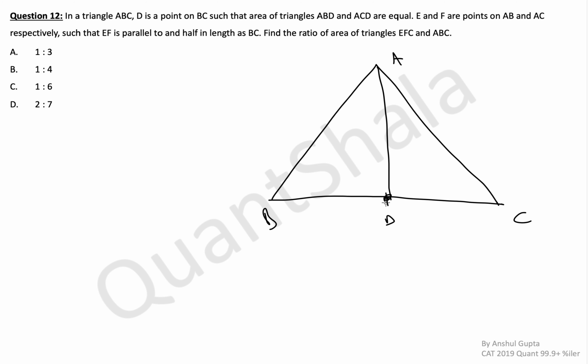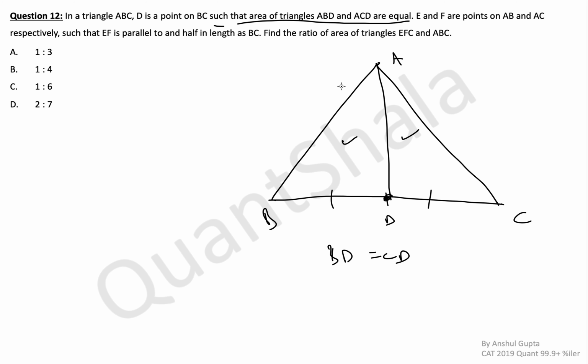Oh, they're trying to give us a hint by the question. Okay, these areas are equal. What does it mean? The height for both the triangles will be same. The height of ABD and ACD will be exactly same, and the bases are different. Now that the areas are equal, we know that the base is also same. That means BD is equal to CD. This is what we know from this statement. Okay, that means AD is a median. So they're trying to tell us that D is a midpoint or AD is a median by writing this. So you have to develop the skill of understanding the statement behind the statement.